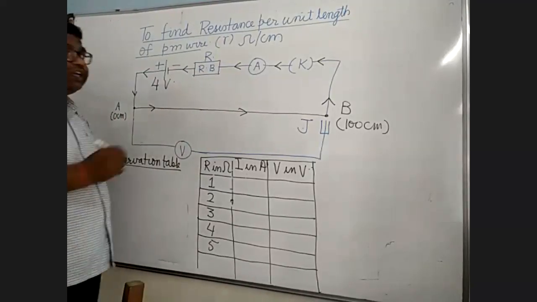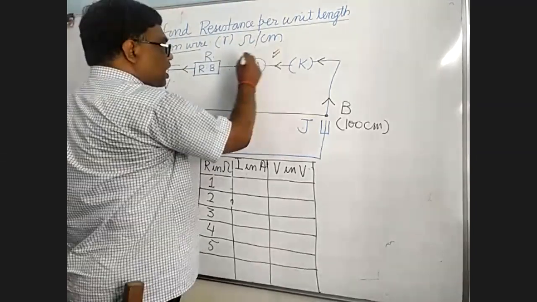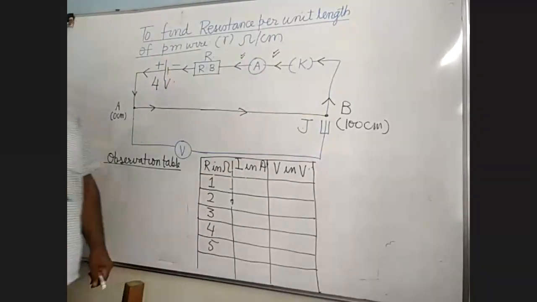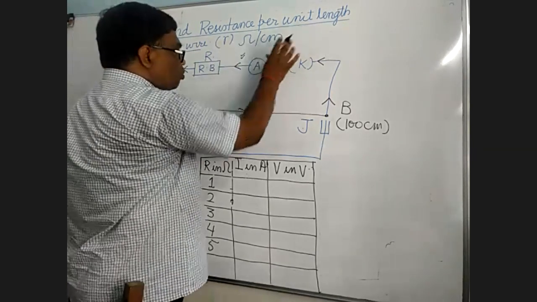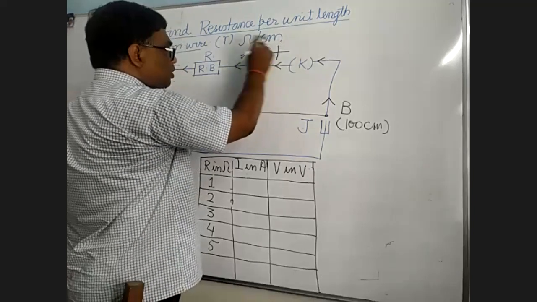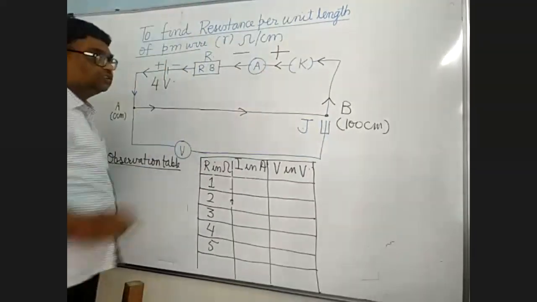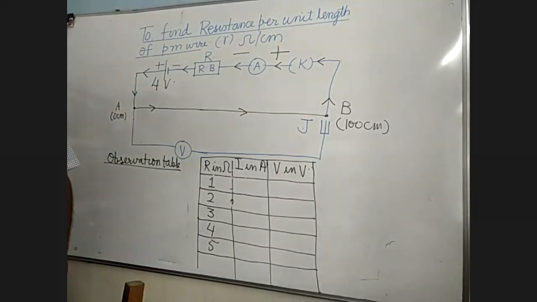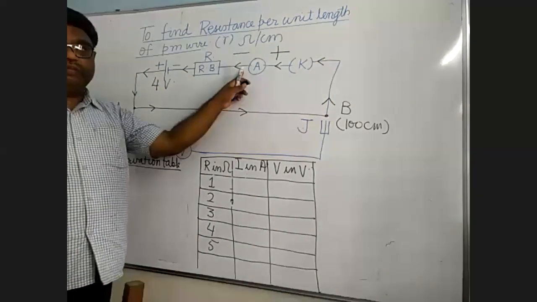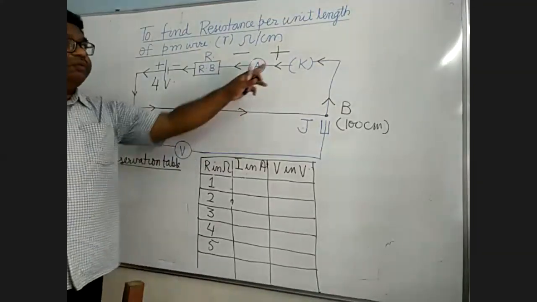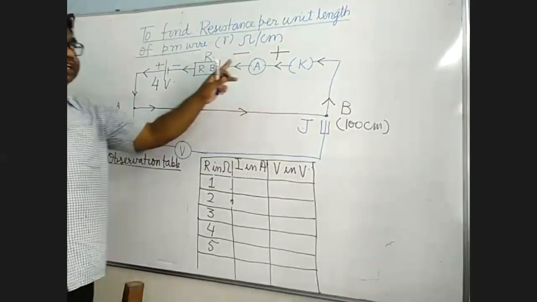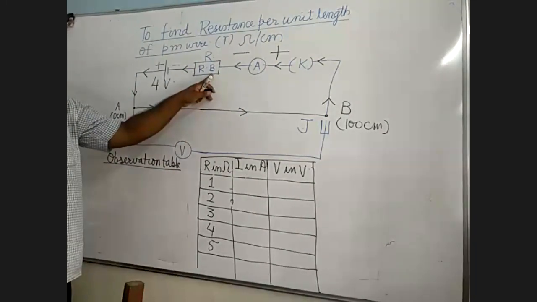So you can see here, in the ammeter on this side there is high potential, on the other side low potential, and high potential is given a plus sign, low potential is given a minus sign. Therefore this will be plus and this will be minus. It is clear. This you will remember. Here this side will be the ammeter's negative, this side will be the ammeter's positive. In the key there is no plus or minus, and in the resistance box there is no plus or minus.